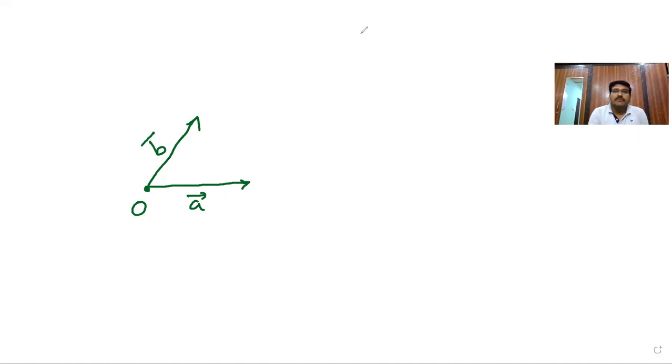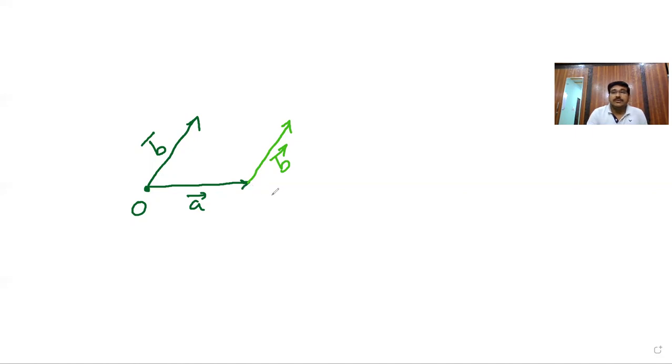Observe, if I want to construct a parallelogram now, if I want to add the vector A, the vector B, so parallel to this vector B, I am adding this vector. Just I am replacing here parallel to this B bar. Observe, this is added to the head of the first vector A bar.